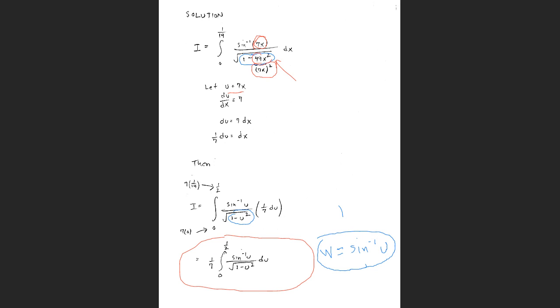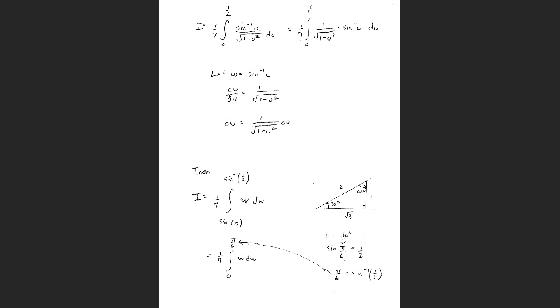All right, w is the arc sine of u. All right, so that's going to work. And I can see it's going to work very nicely based on this new integral. So we're doing a second substitution. w equals the arc sine of u. Now, as always,